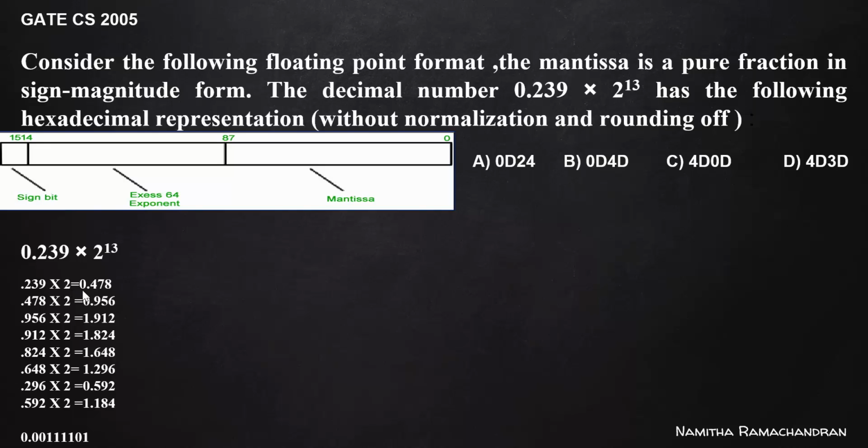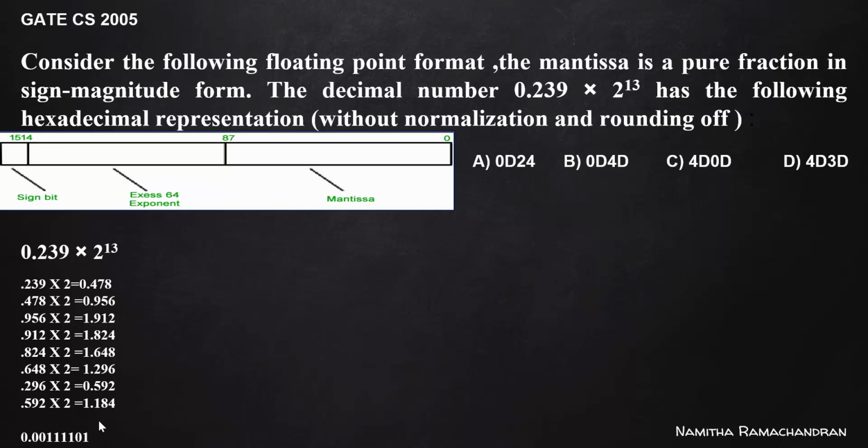0.239 into 2 is 0.478. The whole part is kept here as a base. Then multiply the fraction again using 2. Then get 0.956. Whole part is kept as here and consider the fraction. The fraction is multiplied again using 2 and repeated here total